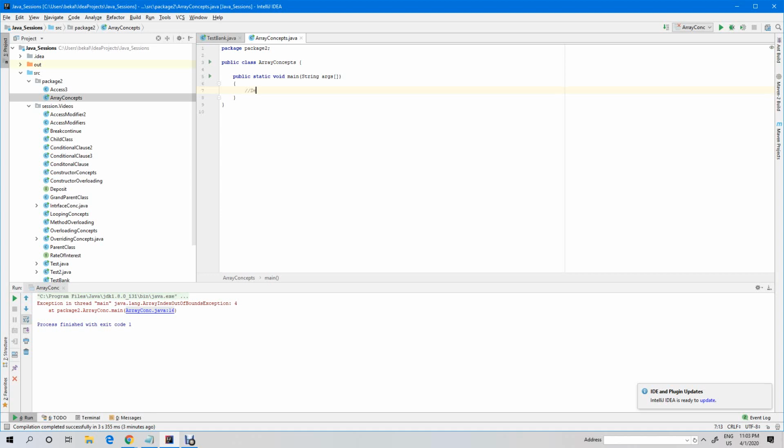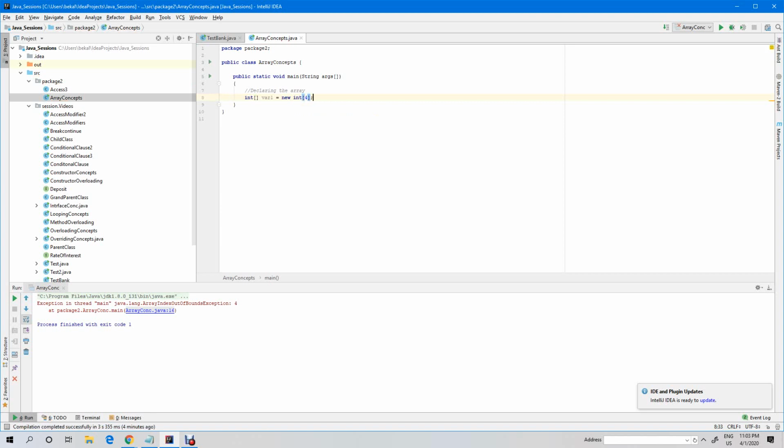Declaring an array, you can follow many syntaxes. Say, for example, I want to create an integer array: int, then either you can give the box brackets here, followed by a variable name, say var1, equal to new int of 4, right?